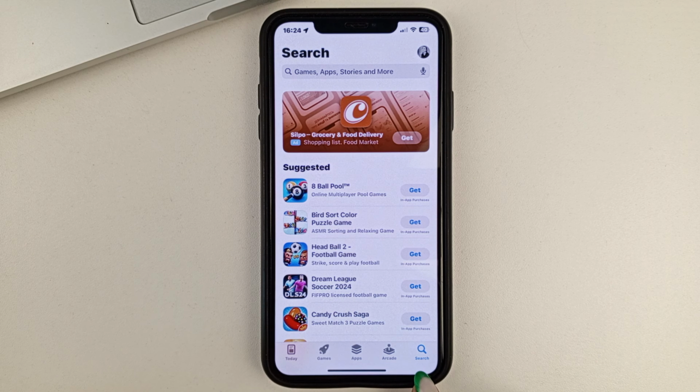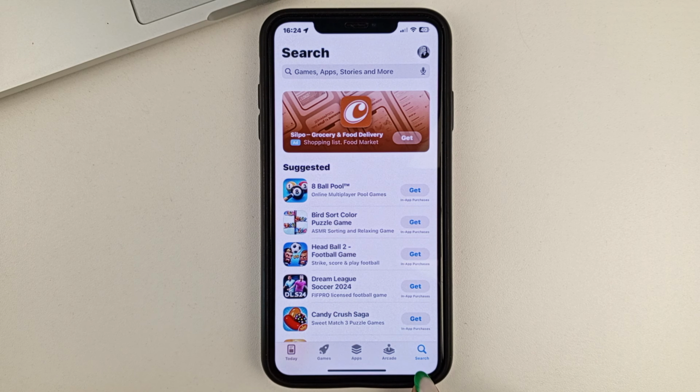I unfortunately don't have it showing in the App Store for some reason, but I'll show you on another app how the process actually works. So open CapCut, after which click right here the word install. And if you have some kind of security like I do, I have it, let's say Face ID, you're going to have to go through Face ID, or you're going to have to enter some sort of password.